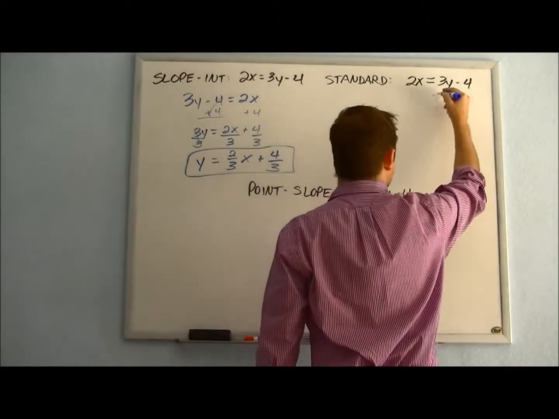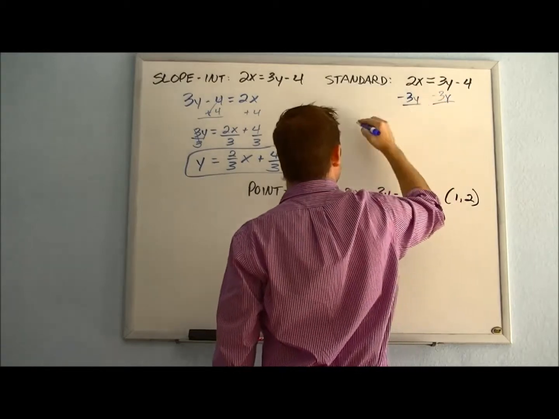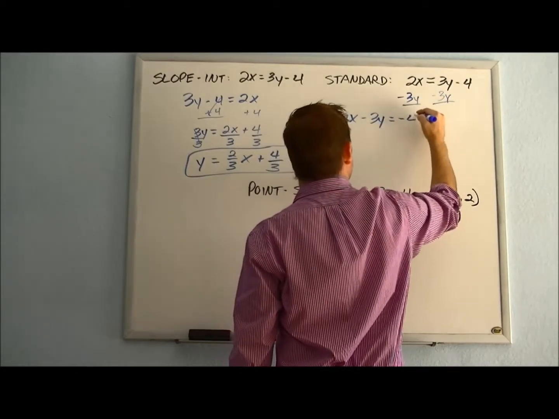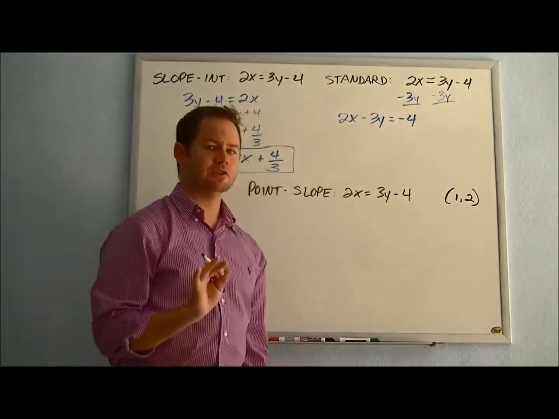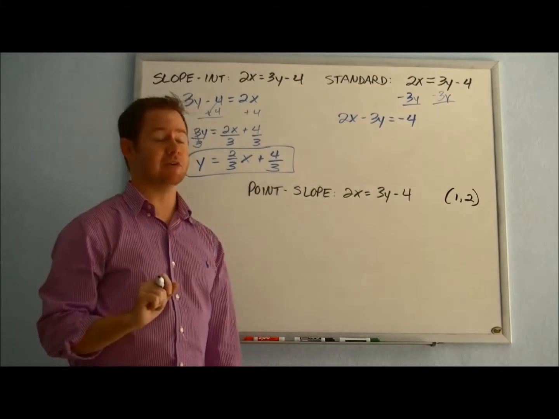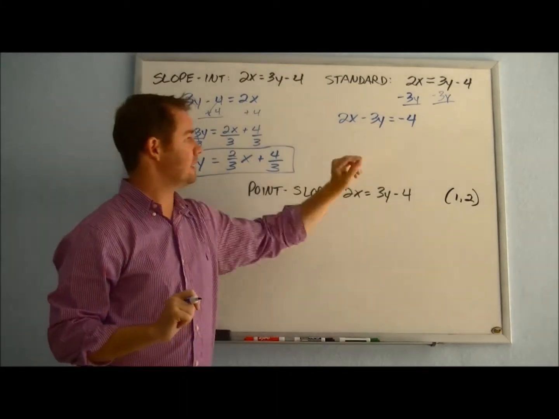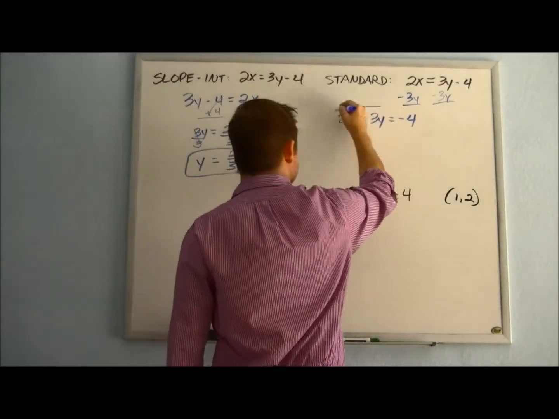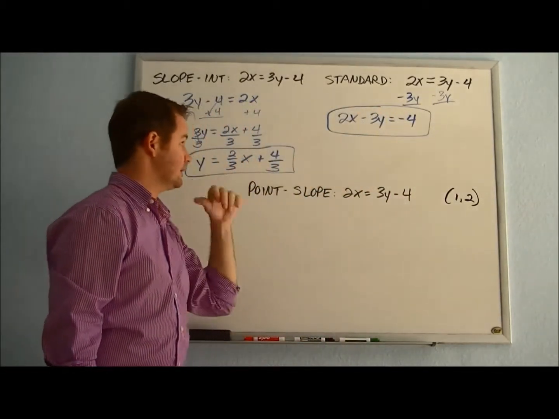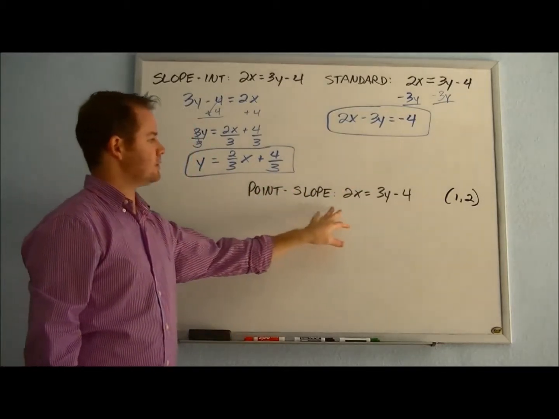So if we subtract 3y from both sides, we get 2x minus 3y equals negative 4. Now with standard form, we also want to make sure that our coefficient on x is a positive value. And if we look here, it is a positive value. We don't have any fractions, so we're all set. And that's our final answer for this equation expressed in standard form. Now for point-slope